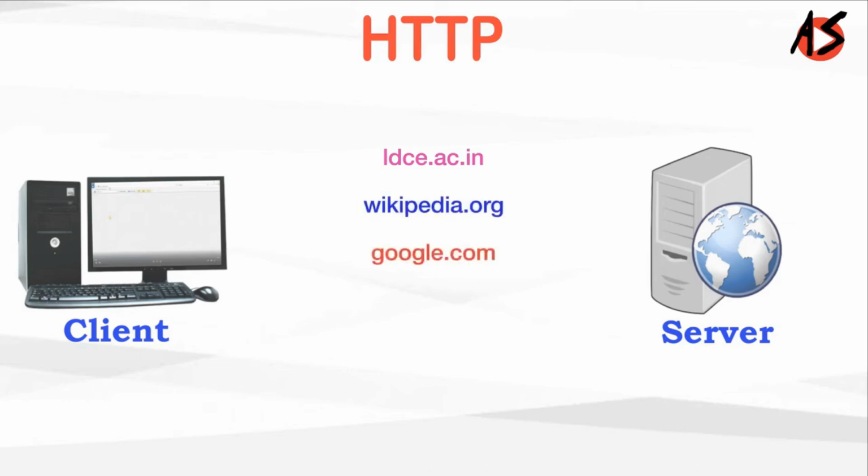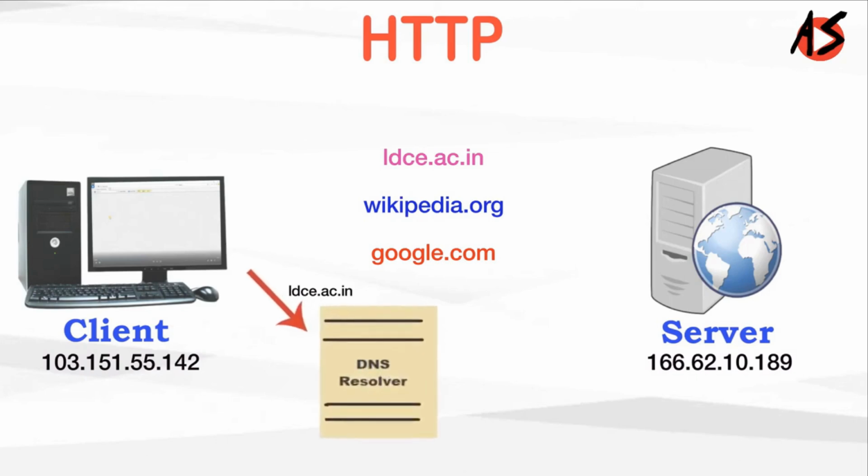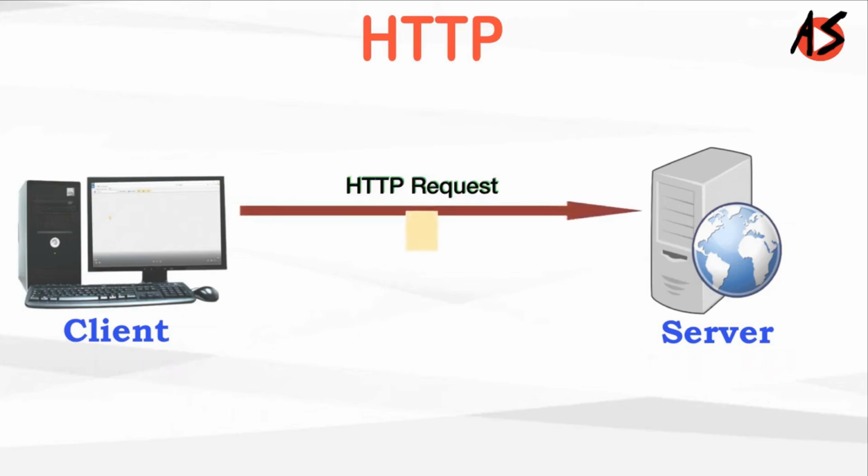wikipedia.org, or google.com. But as we know, in computer networks, each device is identified by an IP address. So to get the IP address, the browser uses a DNS resolver to map the domain to an IP address. The DNS resolver now gives you the IP address for a requested website, like ldce.ac.in. Once the browser gets the IP address of the server computer hosting the requested URL, it sends the HTTP